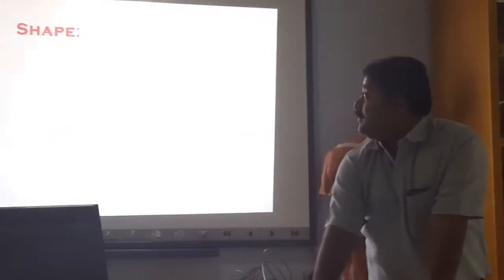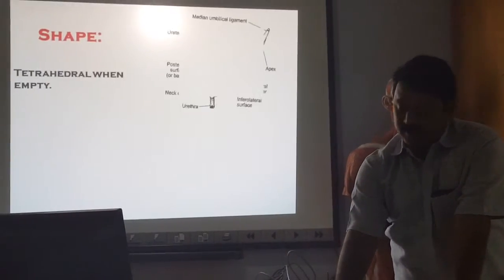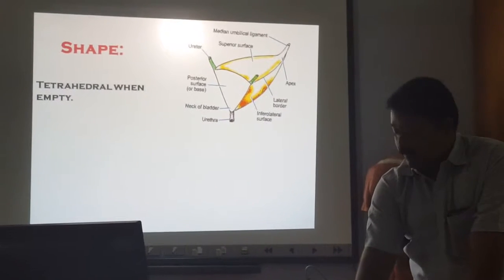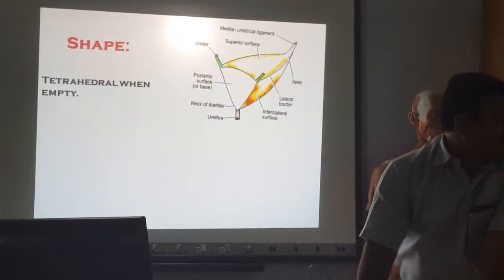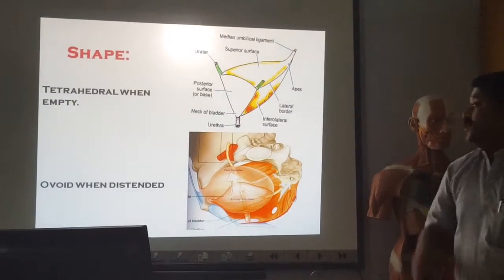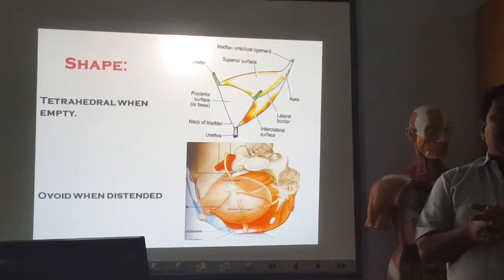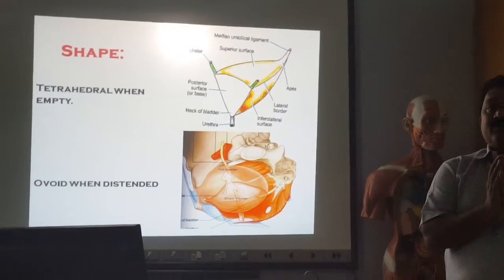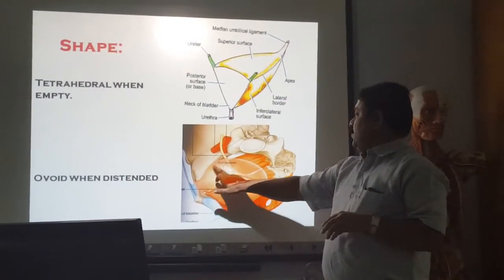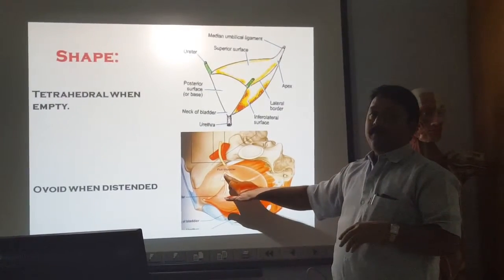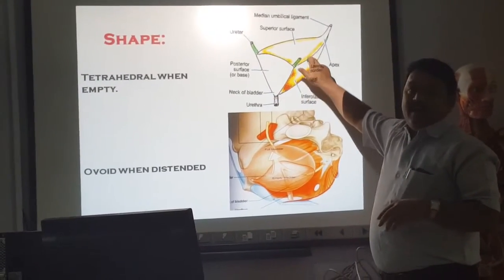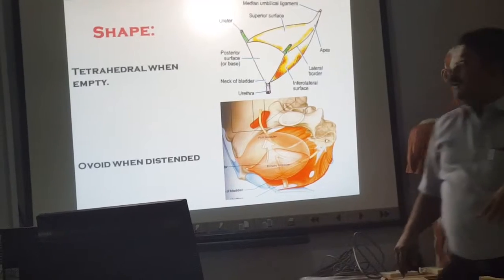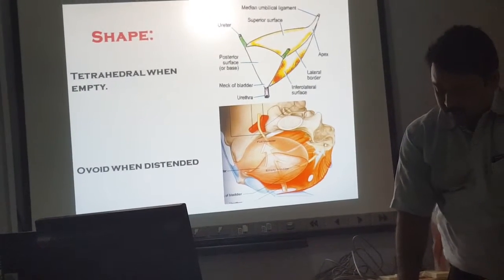Next is urinary bladder. About the shape of the urinary bladder, when it is empty, okay, that is tetrahedral in shape, and when it is full or distended, it is ovoid in shape. Okay, so ovoid in shape when it is full, and when it is emptied, it is tetrahedral in shape. Okay, and next is parts of this